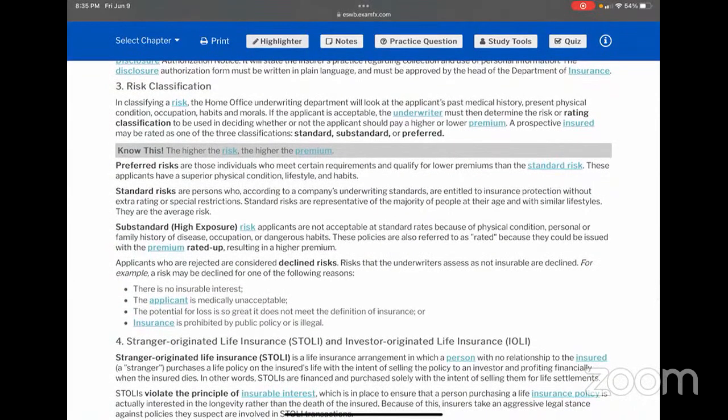All right. And classifying the risk, the Home Office underwriting department will look at the applicant's past medical history, present physical condition, occupation, habits, and morals. If the applicant is acceptable,